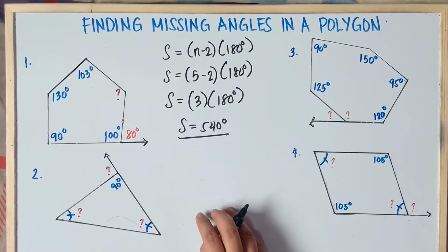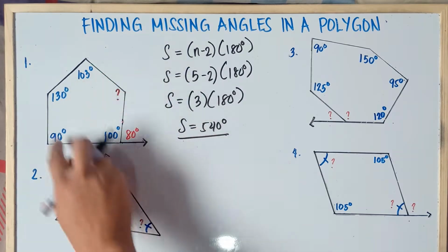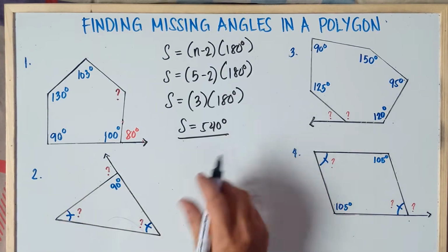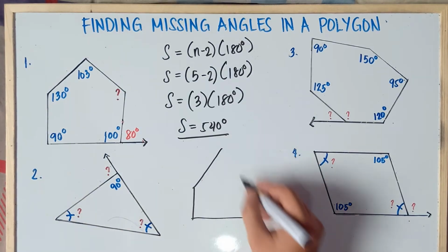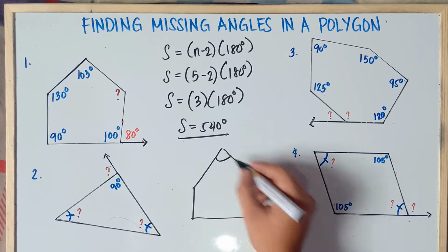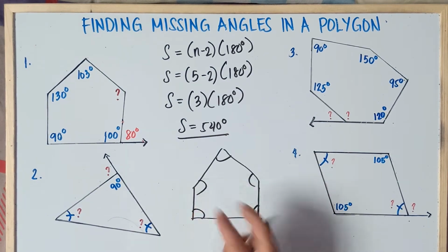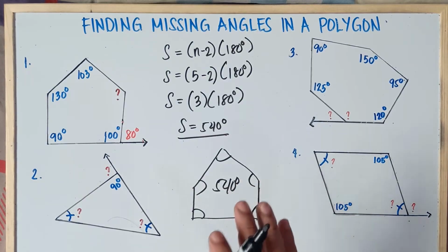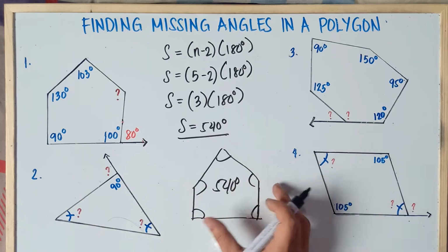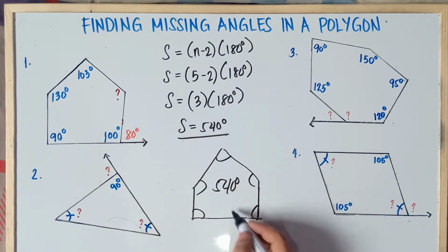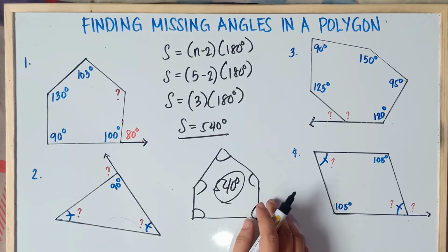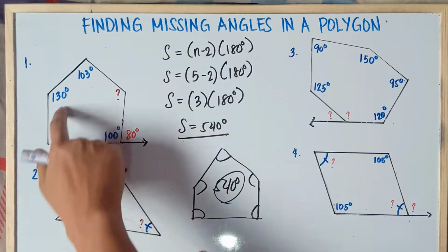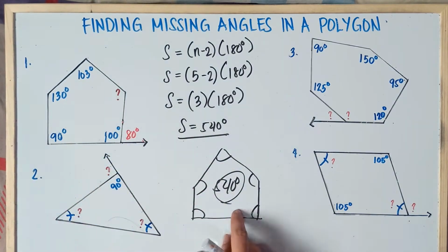Any kind of pentagon, if you add the interior angles, should be equal to 540 degrees. If it's a regular pentagon, an irregular pentagon, any kind of pentagon, the interior angles always add up to 540 degrees. So to get this angle right here, we can simply add this up and then subtract it from the sum.